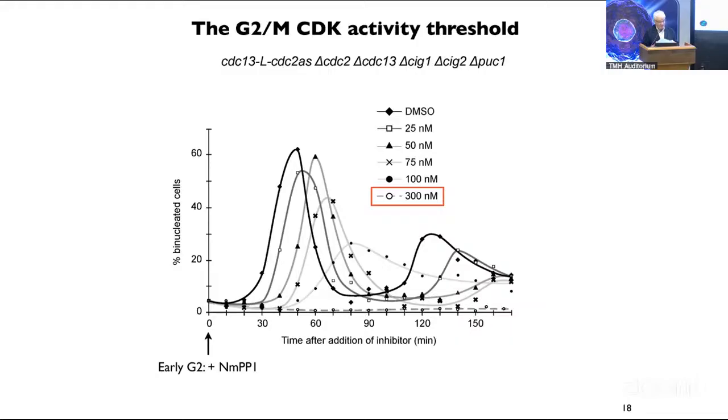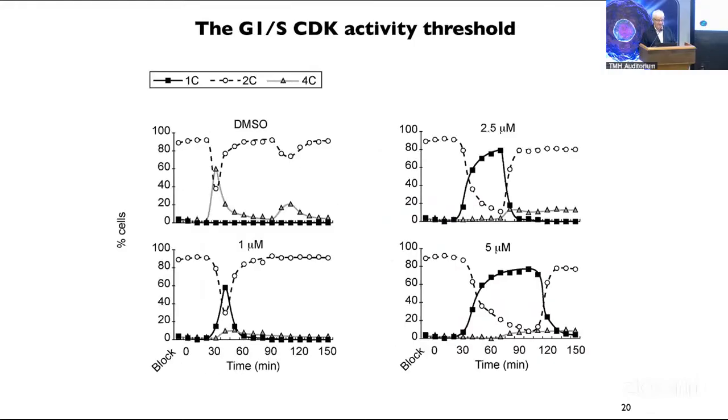Next, we looked at G1/S, and this is shown here. This time we used FACS analysis to ask whether cells are in G1, G2, and so on. And so are they 1C or 2C? Now, fission yeast has a very short G1, and under these conditions, we don't even see it pop up in the experiment. So the DMSO, the black squares, are G1 cells. If we add 1 micromolar, you see we have a 30-minute delay on S phase, so G1 is extended by 30 minutes. 2.5 is extended to 60 minutes, 5 to 90 minutes. If we put 10 in, and we can't go above 10 because it starts hitting other kinases, we see about